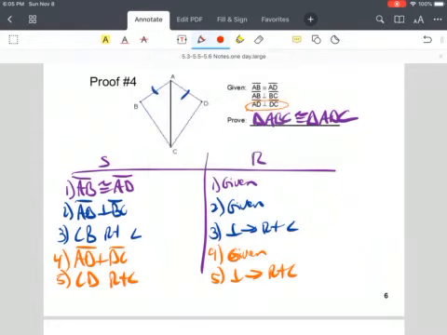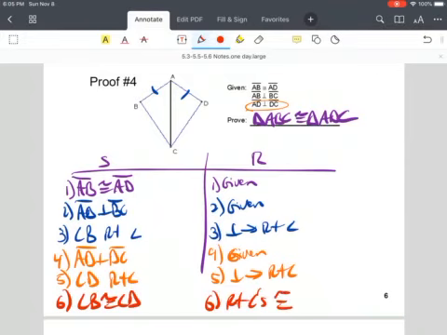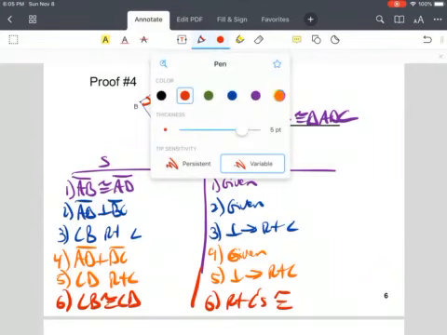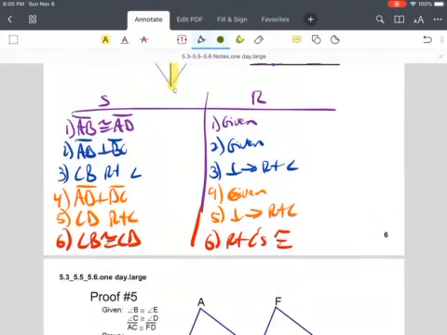I know that because I have 2 pairs of right angles, I can say that the right angles are congruent to each other. And so now I need to look at my diagram and figure out where to go after that. The only other piece of information I can use is the fact that I have AC, which is in both triangles. So when I bring AC in, I need to make sure that I say that it is from reflexive